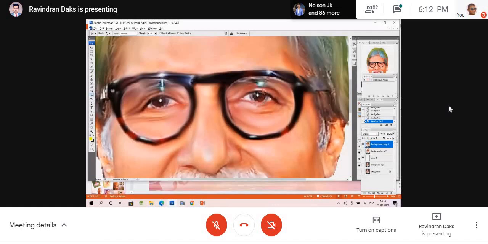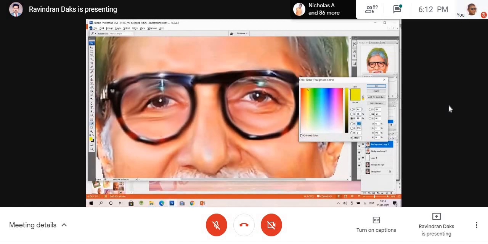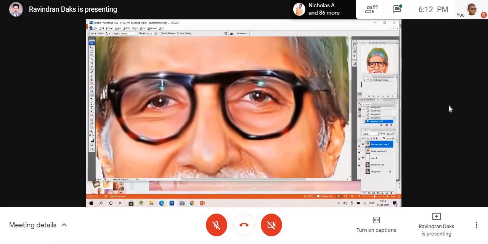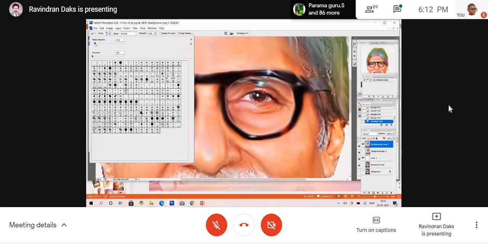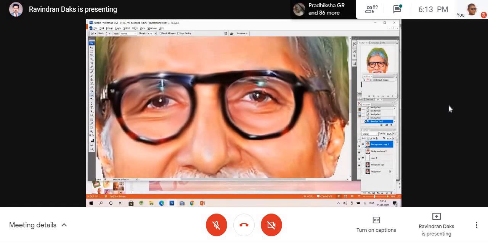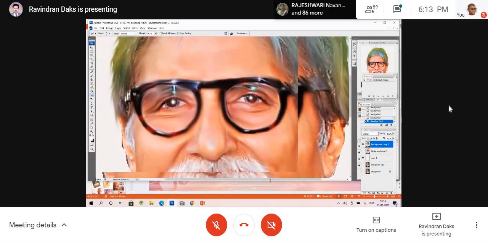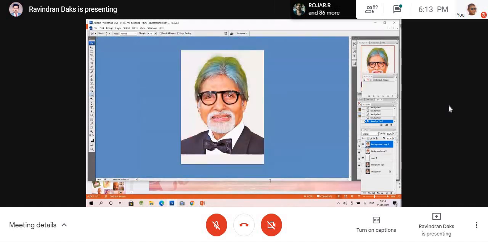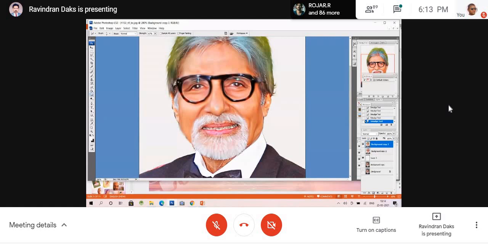And the eye, if you want to have that white color dot, you can just go in for selecting that color here, okay, the foreground color, and then just by pressing this Alt and reduce the size, okay. By pressing this Alt key, you can just give some white patch here. That you can do it by pressing Alt and then pressing that mouse button. Okay. If you want to have a further thing,